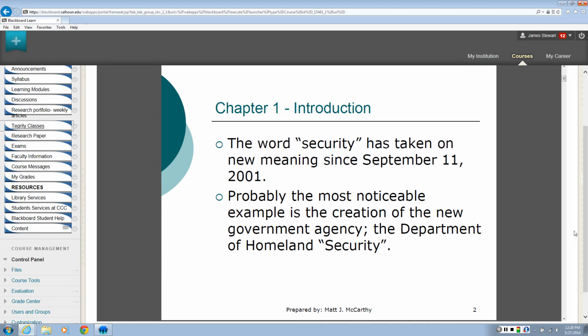So it's important for you to understand also that the word security really has taken on a new meaning since September 11, 2001. Prior to that date, we all probably had an idea of what security was, and typically it was maybe an elderly or overweight security guard on a post, looking disheveled and unkempt, drawing a paycheck and just being there because somebody needed a warm body. Now that's really not what the security industry was, but that was the public perception of the security industry.